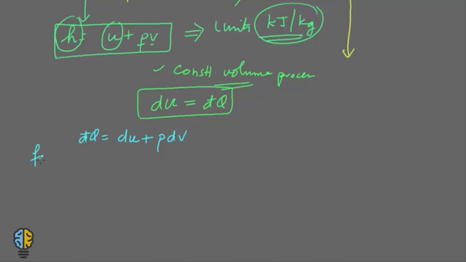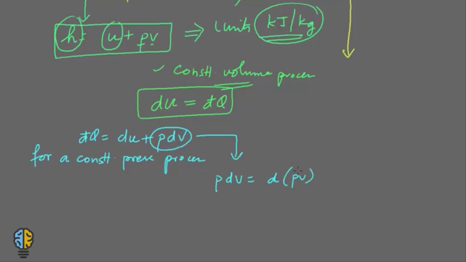So for a constant pressure process, we'll be interested in this term, that is pdv, this would become d into pv. Okay, so if I rewrite this expression again,